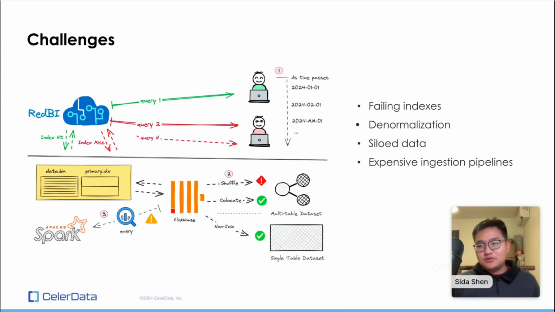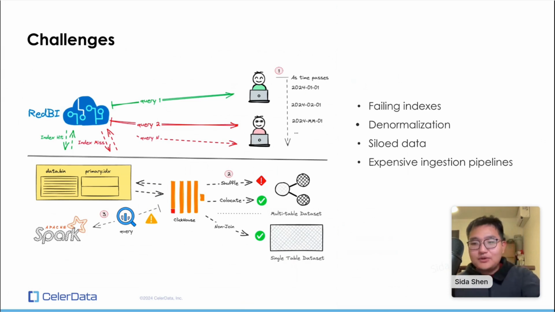If you want to introduce another kind of workload or application, you have to ingest that data somewhere else, and that really creates a data silo. That's a data governance challenge too. And you also have the very expensive data ingestion pipeline into ClickHouse and into many other